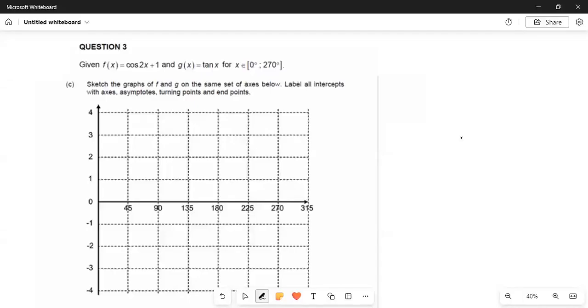Question C wants us to sketch the graph of f and g on the same set of axes below. They want us to label all the intercepts with the axis, asymptote, turning point, and endpoint. So let us go ahead and start with the cosine graph. The normal cosine graph that we know usually starts at 1, and then what happens is that it goes down